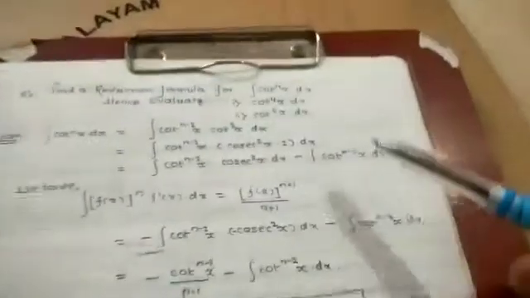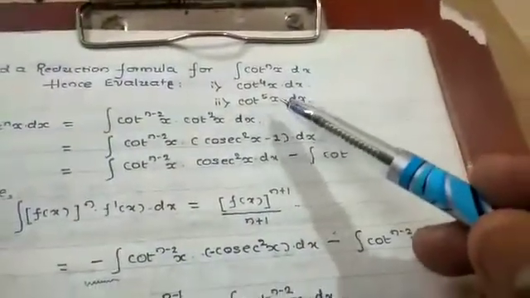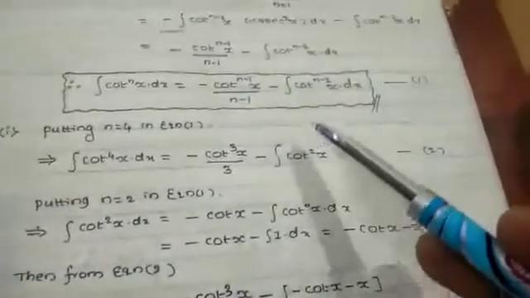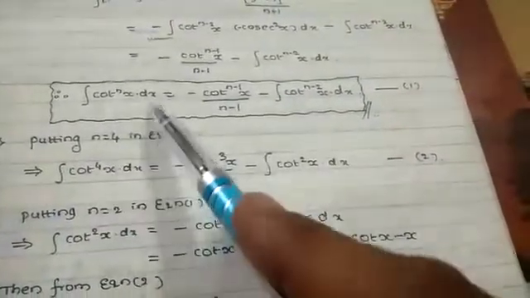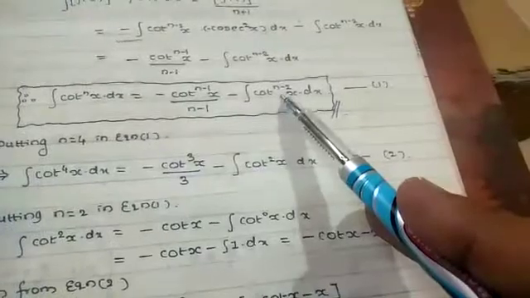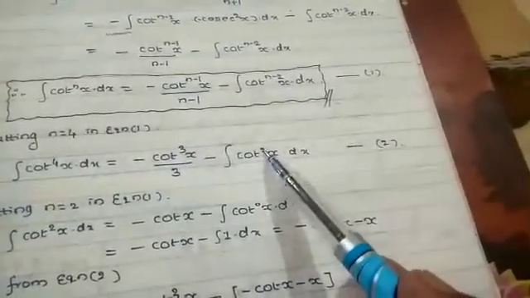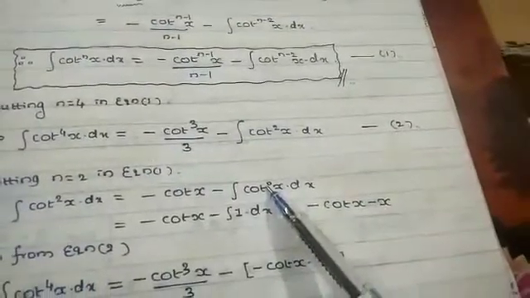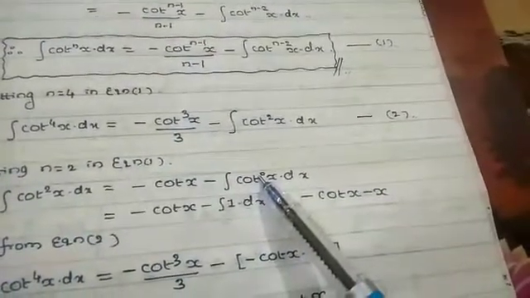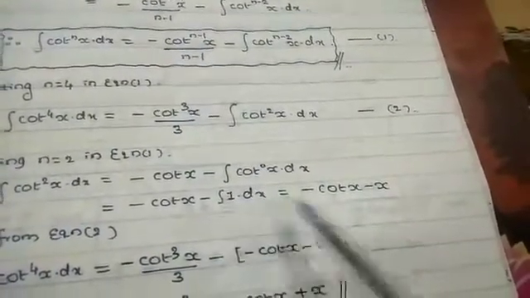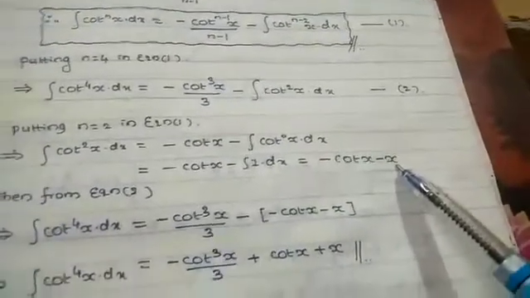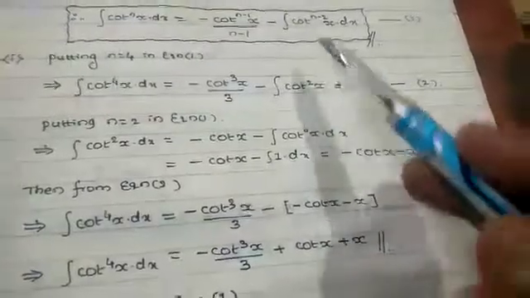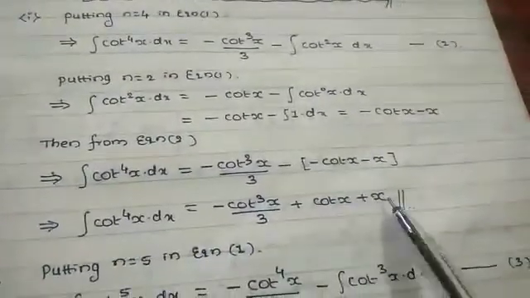So in order to evaluate this cot raised to 4x and 5x, we have discussed it clearly in the online class. According to that, in order to find the I4 value, substitute n equals 4, you will get 4 minus 2, so it becomes I2, and next if you put n equals 2, it becomes 2 minus 2, it is I0. Anything raised to 0 is 1, so integration of 1 with respect to x is x. Okay, so substitute this value in this equation, so we will get the required cot raised to 4x.